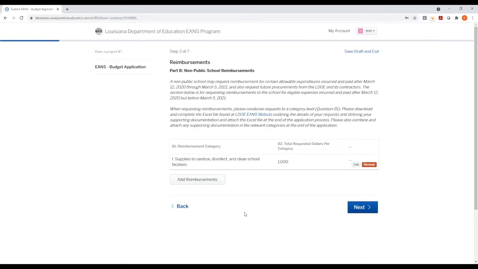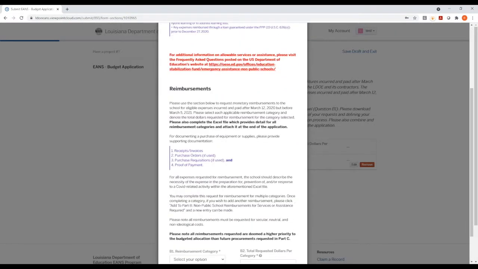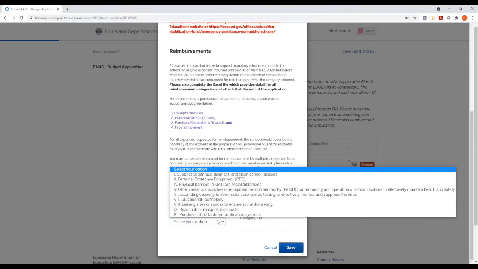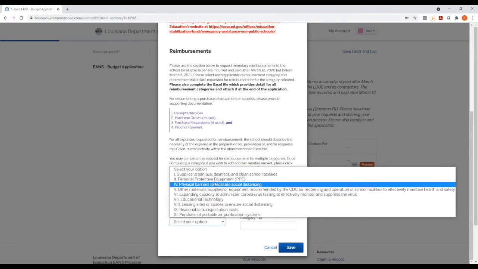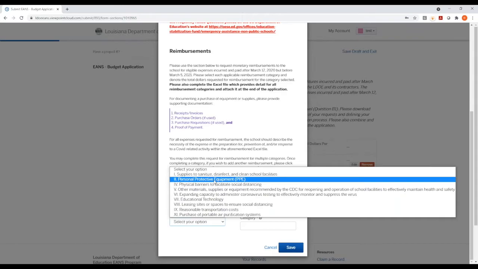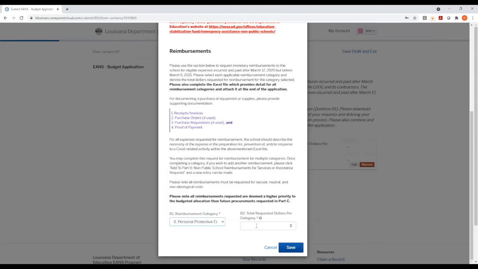The reimbursement category you just entered should now be visible on the screen. Should you need to add additional reimbursements, again, please click on the Add Reimbursements button. This will bring up the same pop-up window you previously viewed, and you can add additional reimbursements by category. I'm now going to select the Category 2 Personal Protective Equipment and once again enter in the total requested dollars